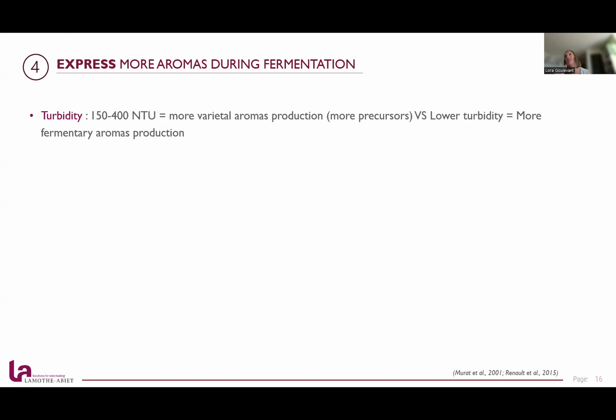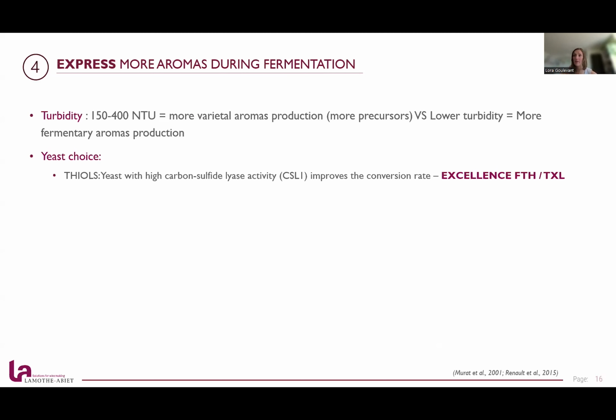So higher turbidity will produce more varietal aromas, so more precursors will be released. So turbidity from 150 NTU, and lower turbidity will produce more fermentary aroma, so more esters. So higher turbidity, more terpenes and thiols and norisoprenoids, and then esters, you're going to get more fermentary aroma. So the yeast choice is very important because not only the temperature and the turbidity will impact on the aromas, but also the capacity of the yeast to create aromas